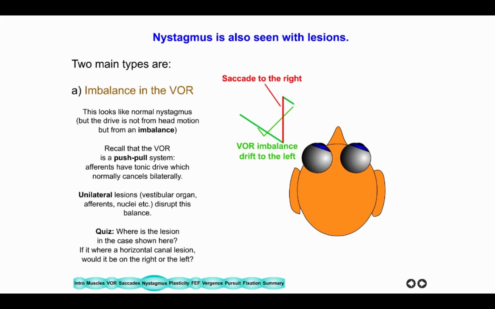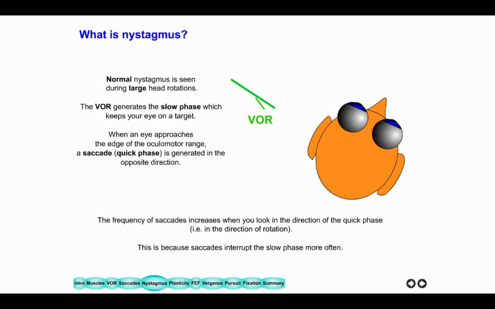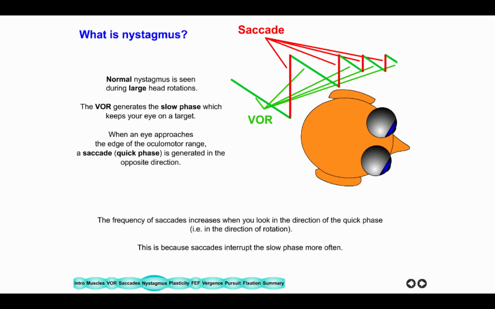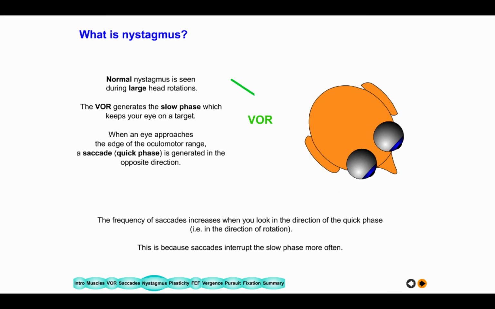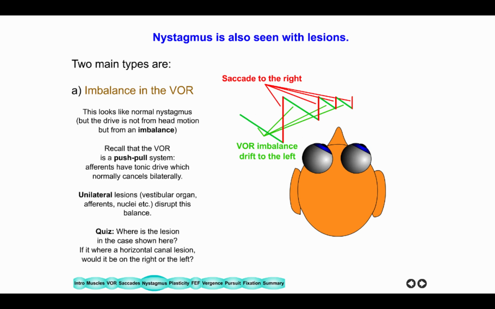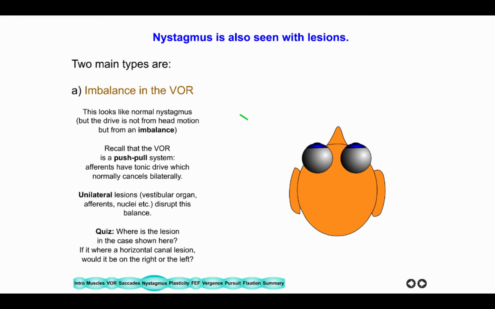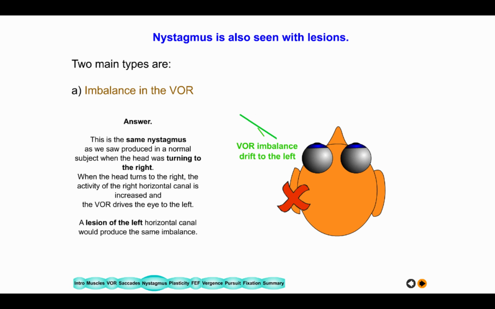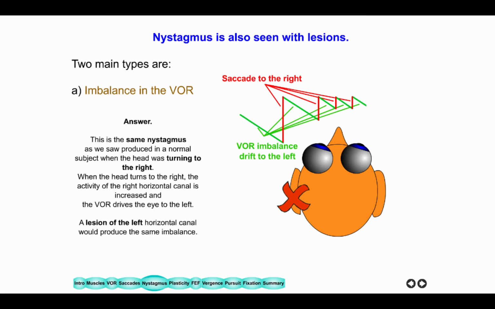Okay, so we're turning to the right. When we're turning to the right, which canal is more active? The one on the right, okay? Here, you got exactly the same nystagmus. Which canal is more active? The one on the right. But the head isn't turning. So how do you get the one on the right to be more active? Well, you lesion the one on the left. Okay? So that's what's causing the nystagmus. This side here is producing less activity than this,